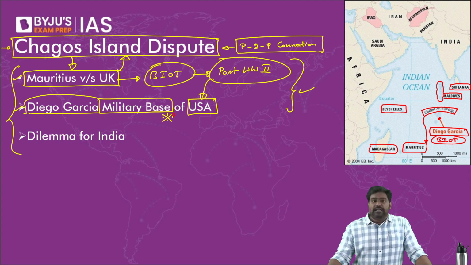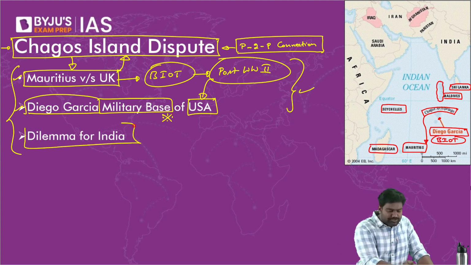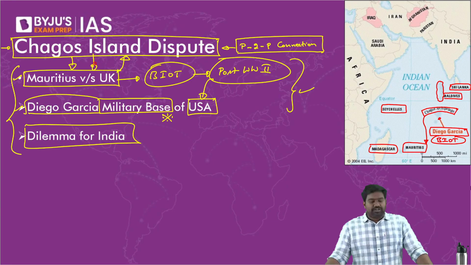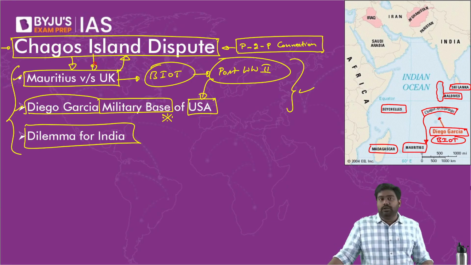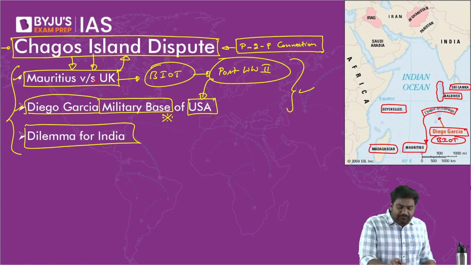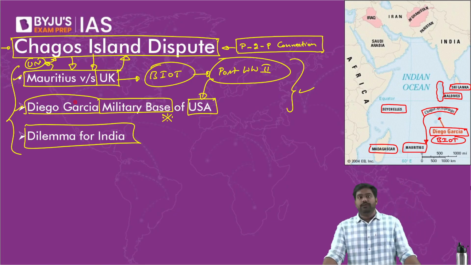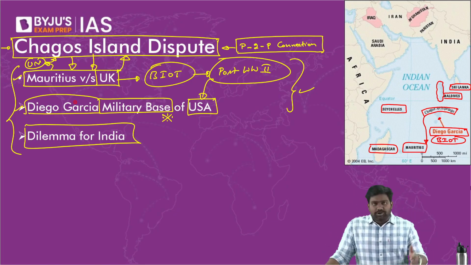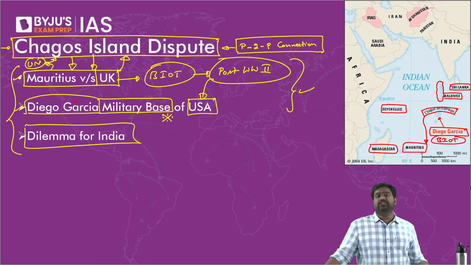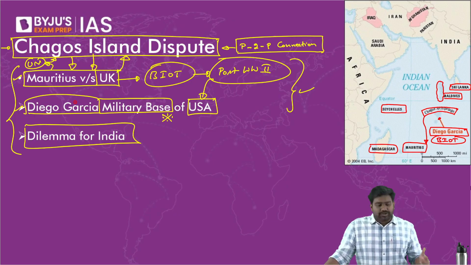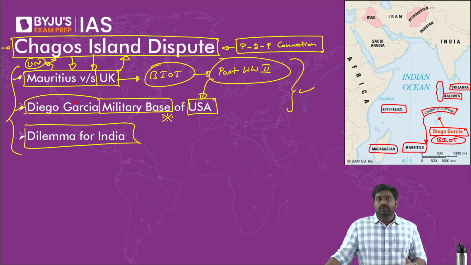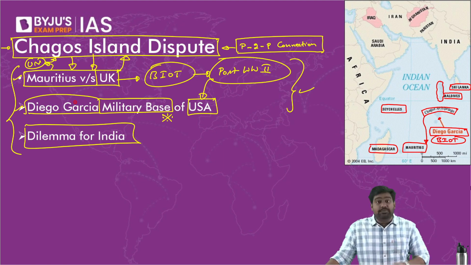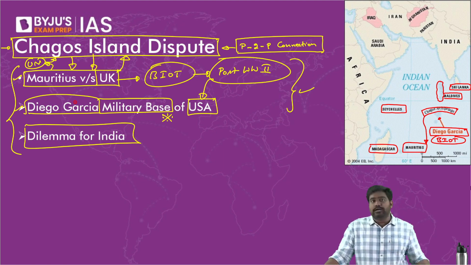But this group of islands is claimed by Mauritius. Mauritius has a historical claim on it, as part of decolonization. It has repeatedly fought against Britain. It has even approached the United Nations for justice to take back Chagos, including Diego Garcia. Recently, just a few months ago, Mauritius brought up a resolution and a case at the UN accusing the UK and USA of violating the sovereignty of Mauritius. So Mauritius is trying to get diplomatic support on its side to put pressure on the UK and US to decolonize completely and give up these islands, including Diego Garcia.